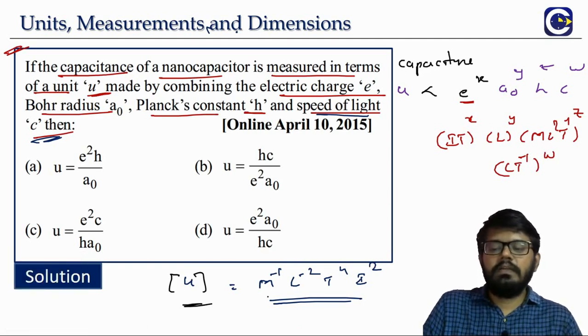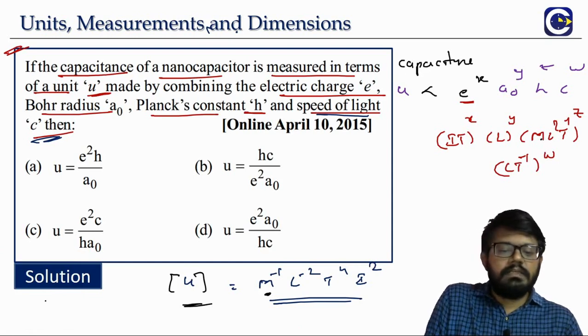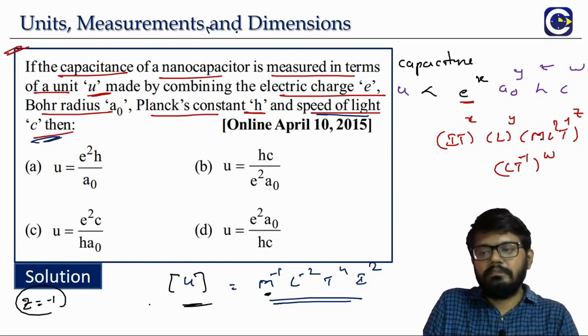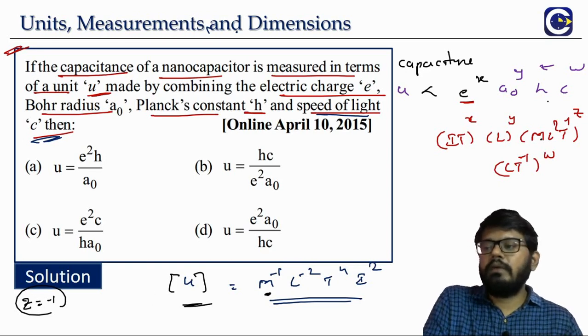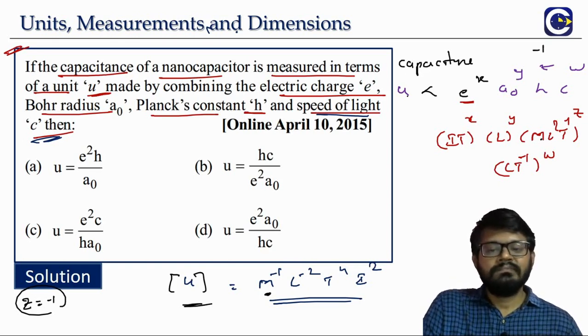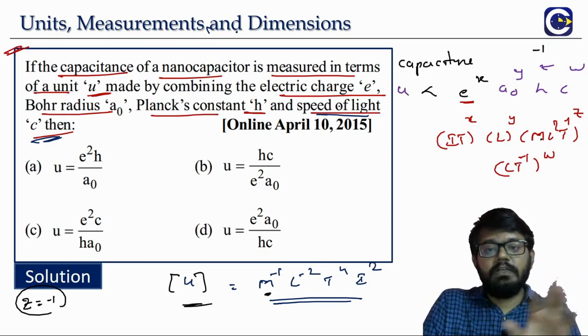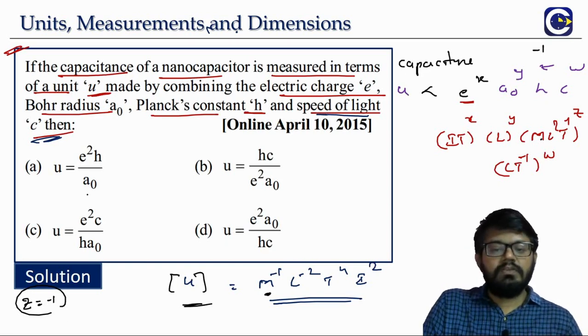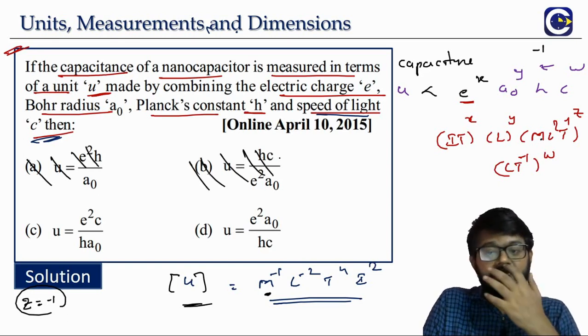Now on the left side, what is there? The dimensions of U have power of M as minus 1. Where is M coming in this expression? Only one term, M power z. Straight away we will have z equal to minus 1 by comparing the power of M. Like this only we have to proceed. So z is equal to minus 1 means the power of h is minus 1. In that expression, it should be like 1 by h. Here it cannot be, because h is coming in the numerator. A cannot be the answer. Similarly, B also cannot be the answer, because it is coming as h.